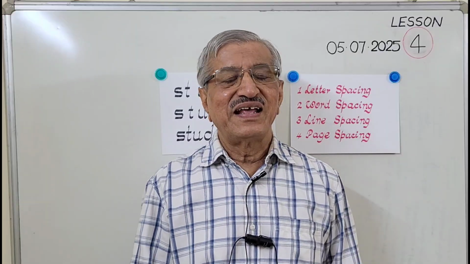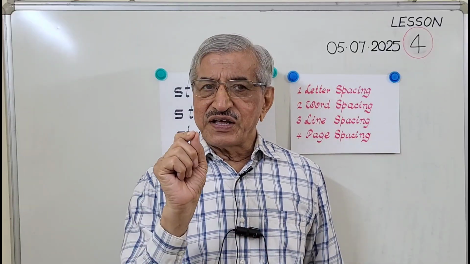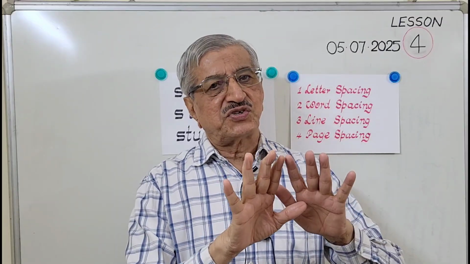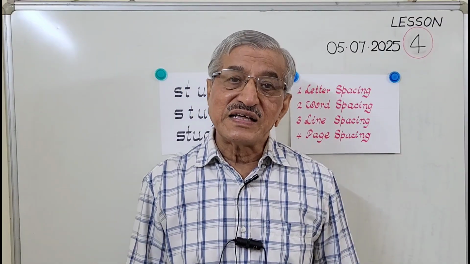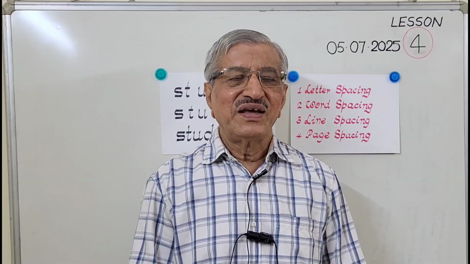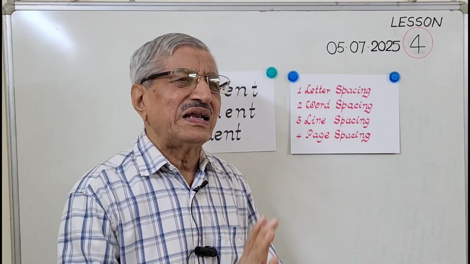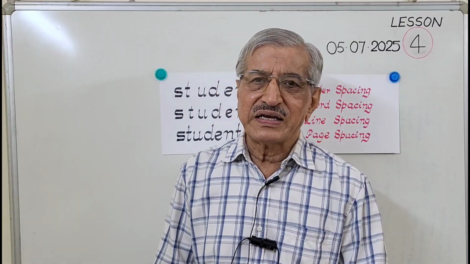That is the secret. In general, if we write in 1/3 of the space, about 2/3 of the space should be left blank. That is the secret. Otherwise, if you go on pushing the letters,